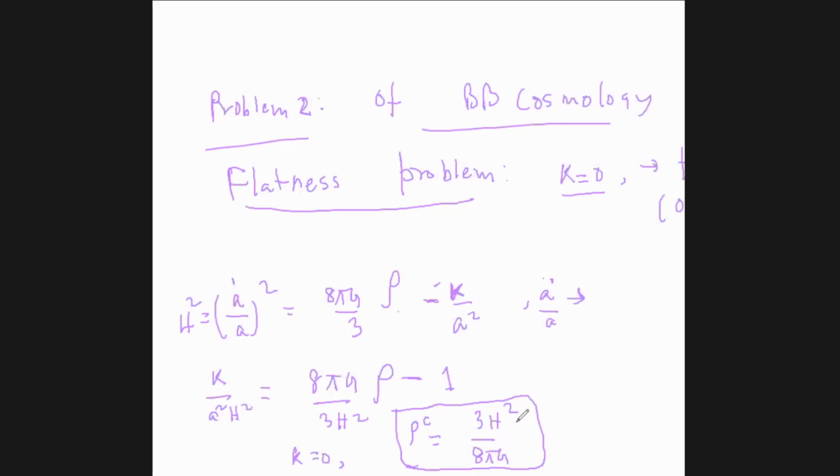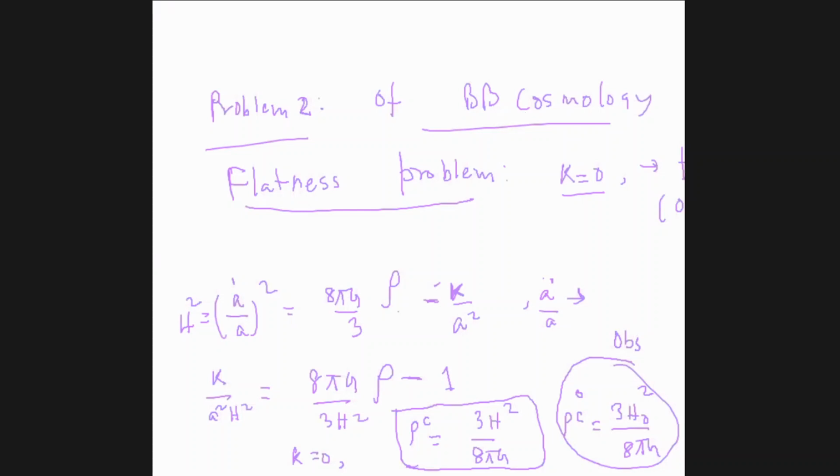And this is what we measure from CMB and other surveys of cosmology. At present time, we find rho c0, meaning you can measure this value at present time, becomes 3H naught square by 8 pi G. So this is the critical density today, and it matched with the absolute accuracy of present observation. That means the k term is really small, which we know from observation. So this is an observation. And if it is true, then k is to be 0 today.